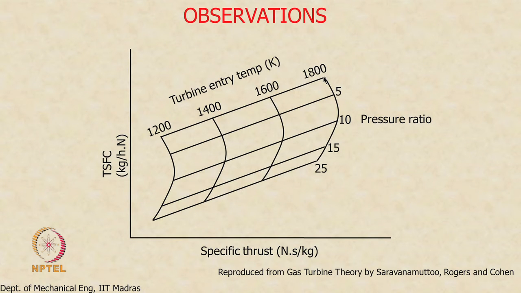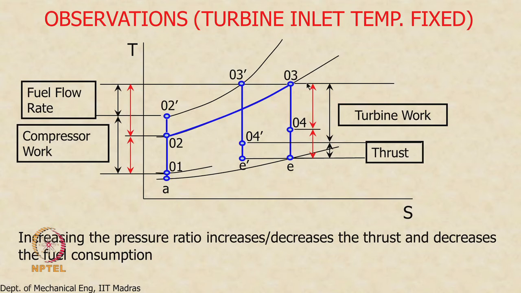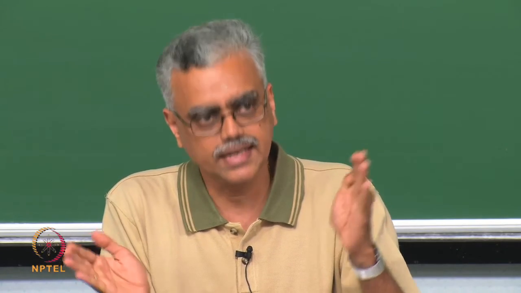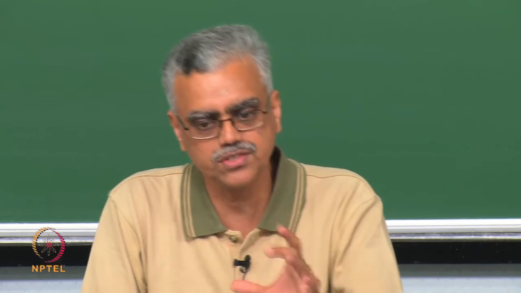If you look at the graph, it starts from low pressure ratios and keeps increasing, which means that for the baseline case, this will be over here and the next one will be over here. So the two curves will be quite far apart. We are starting from very low values of pressure ratio and then increasing it. Initially, because of the way the isobars are, there can actually be a slight increase in thrust, but then it will begin to decrease as you go to reasonable values of pressure ratio. That is just the way the diagram and the isobars are.